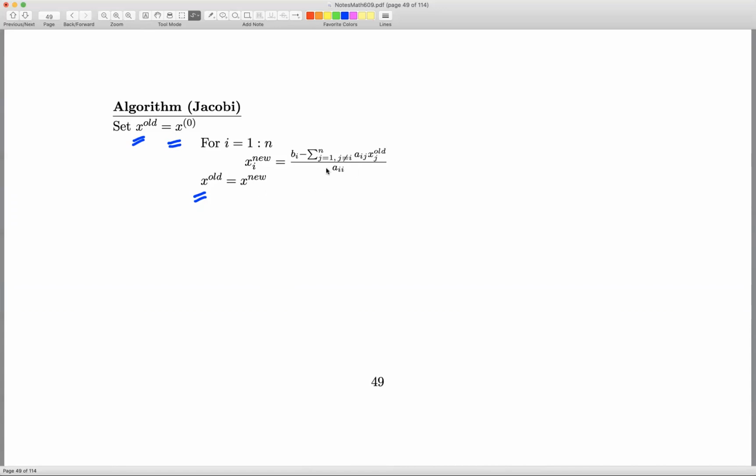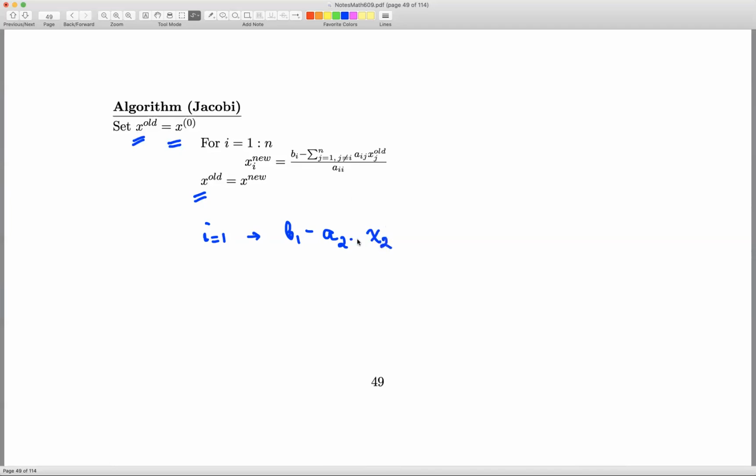In order to compute the first component of the vector x new, so when i is equal to 1, we have here n minus 1 multiplications, because we have every element. So if, for example, we write it, it will be for the first component. So i here is equal to 1. When i is equal to 1, we have b1 minus, and then it will be j different from i, so it will have 2, and then j, it will be the vector